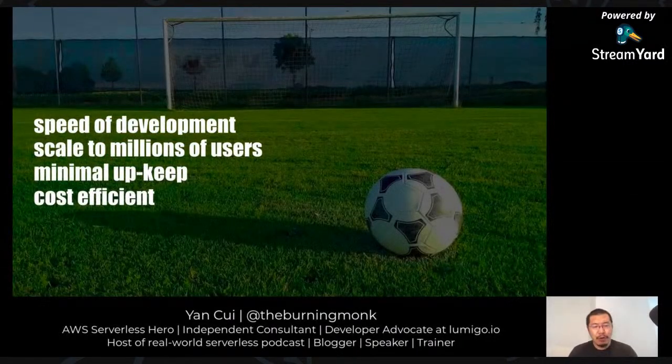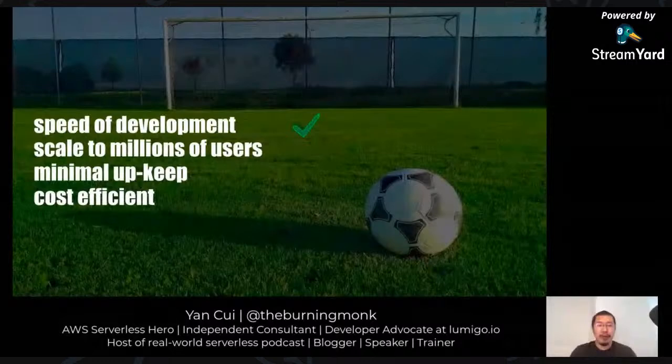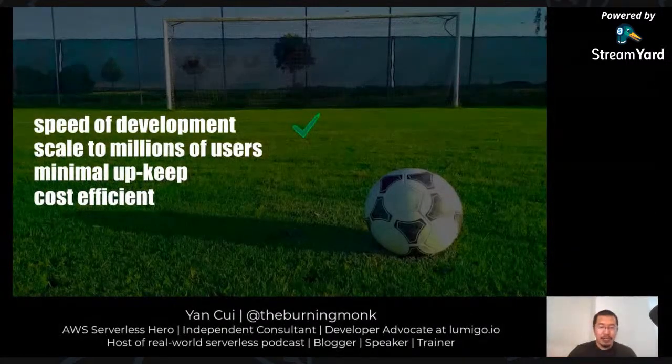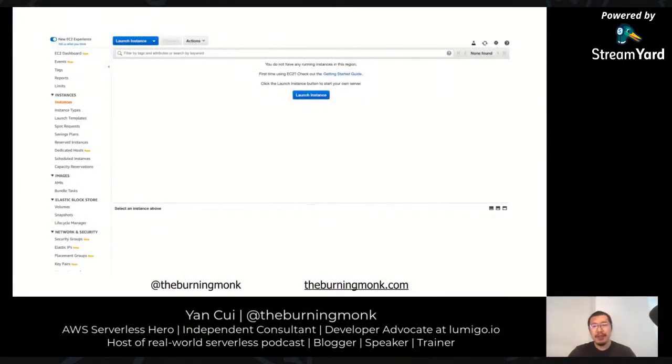So if you go back to the goals that I started off this with, in terms of speed, I mean, getting everything done within just a few weeks is pretty good, considering the amount of work that's involved. And I was the only one working on this, and I was doing part-time on this as well. So speed of development, check. AppSync can scale to support millions of users, absolutely no problem. So again, check. And in this case, I had 0, big fat 0, EC2 instances. So no servers to manage whatsoever, and no networking, no VPCs, and none of that.